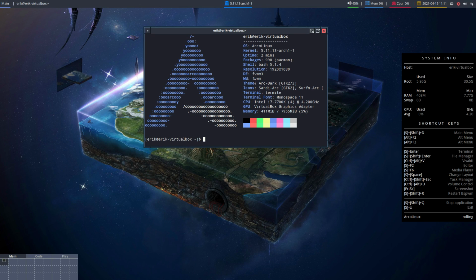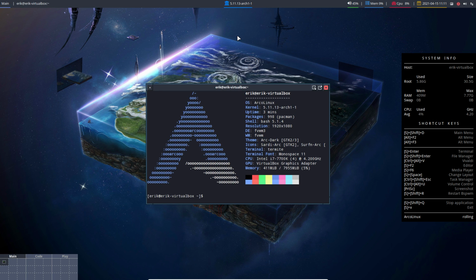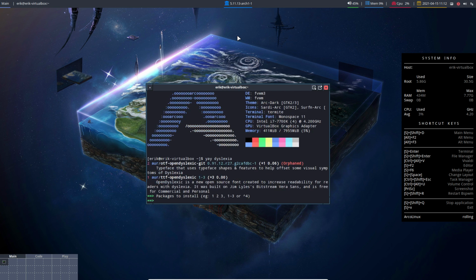It's not about FVWM3, but it just happens to be in my VirtualBox and I want to show you something. It's about Linux, not ArcoLinux, it's about Linux. There seem to be fonts out there for people with dyslexia, and that tip came from Linux. They say, look, we will put that font on our ISO, right? So, yay, I was curious because, well, you know, my eyesight is not that good either, and I thought maybe